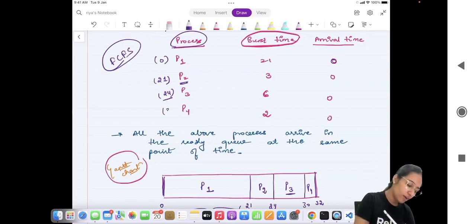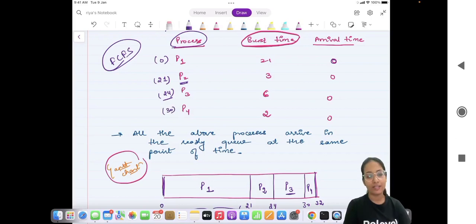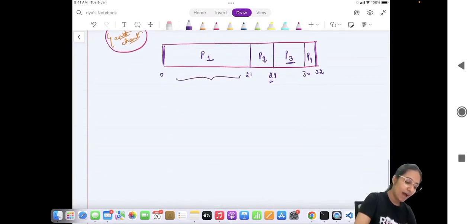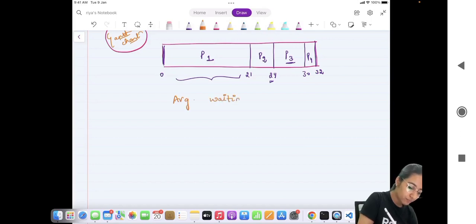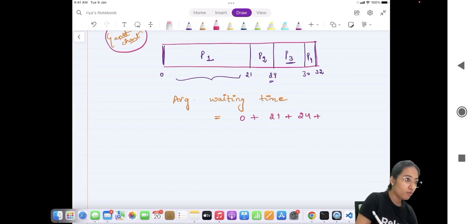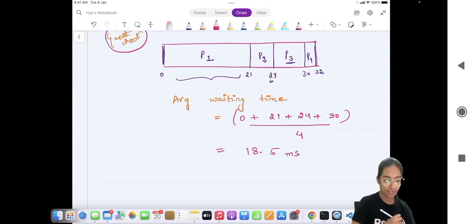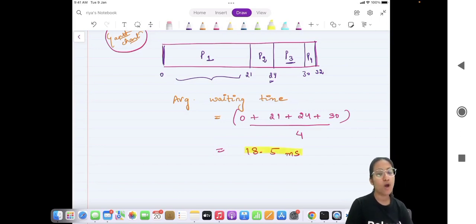And P4 had to wait for 30 seconds to get the allocation of the CPU. So if I have to now calculate the average waiting time, it will simply be to add the waiting time for every process, which is 0 plus 21 plus 24 plus 30, divide by the total number of processes, which is 4, and this is 18.5 milliseconds. So on an average, every process has to wait for approximately 18.5 milliseconds before it could get the allocation of